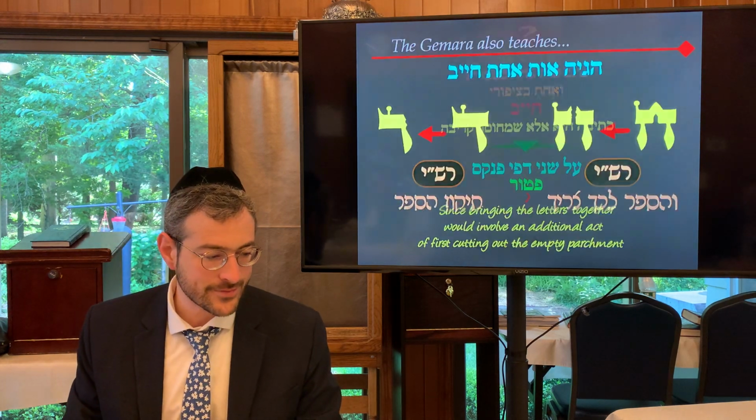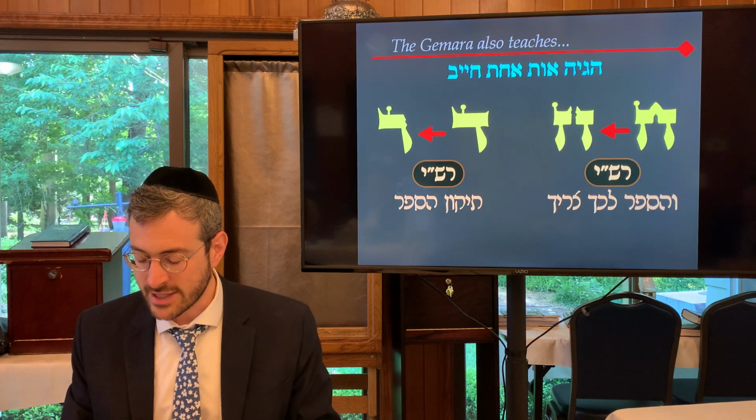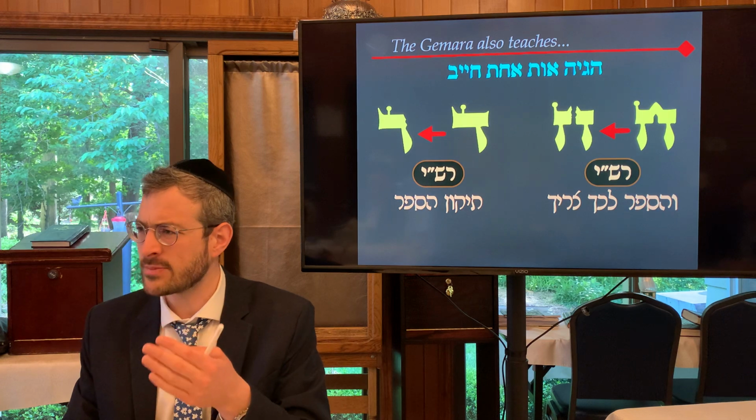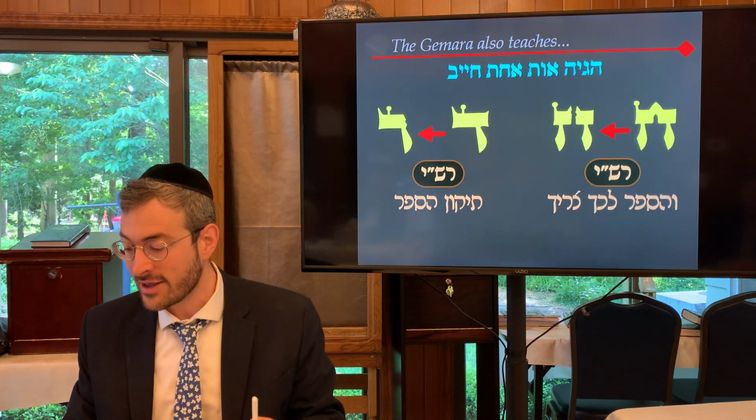Now, we learn a beraisa that higia is achas. If someone corrects, he edits one letter in a sefer, he is going to be chayiv. Says the Gemara, wow, how can you say that? Now we said kasav is achas, but if you write a whole letter, you're patur. Higia is achas, if you just edit a letter, he is going to be chayiv. Then Rav Sheshes